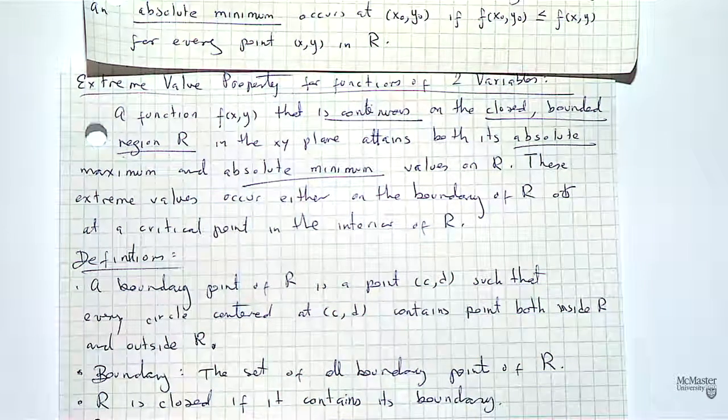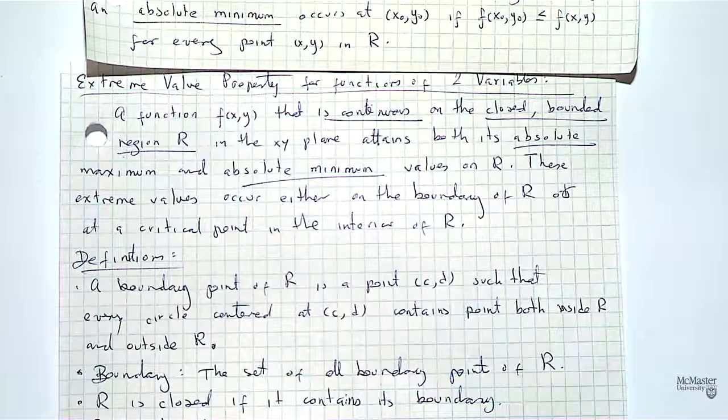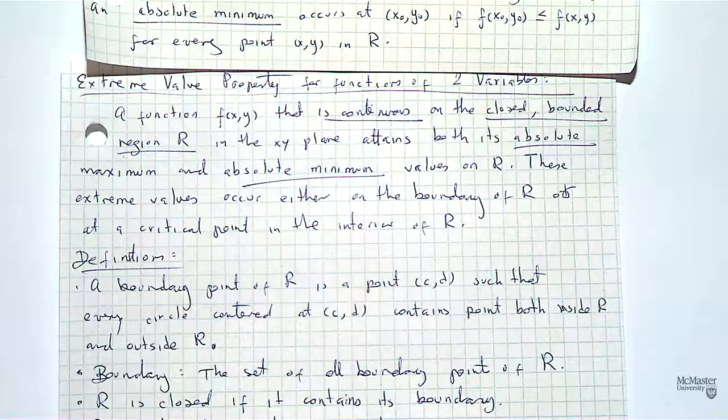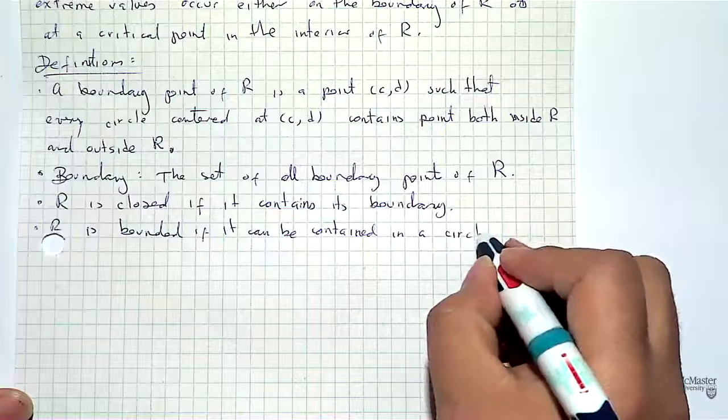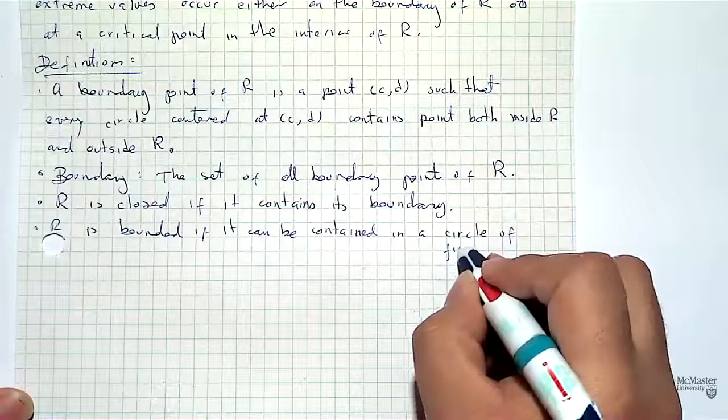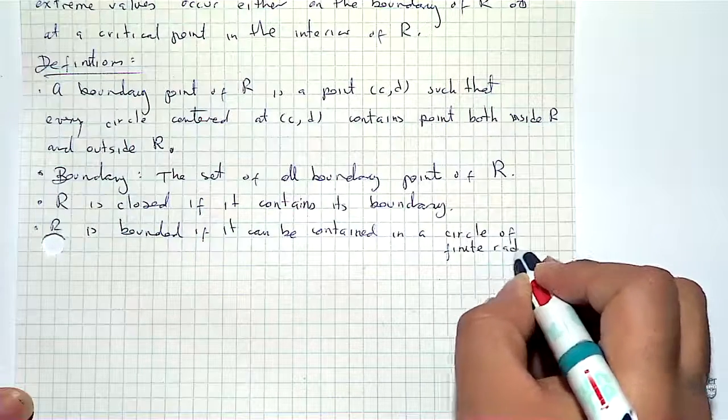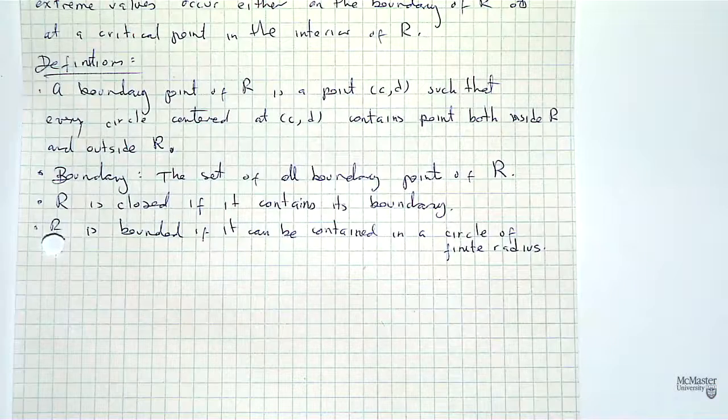And R is bounded if it can be contained in a circle of finite radius. So for example, just to clarify this, if you have the set of points such that the norm is less than 1, that is not a closed set. But if you have the points for which the norm